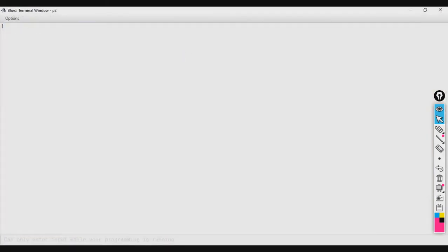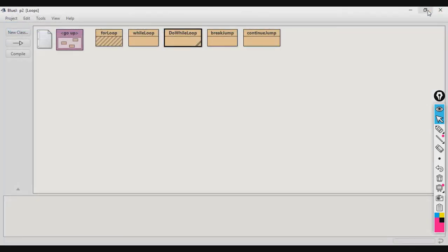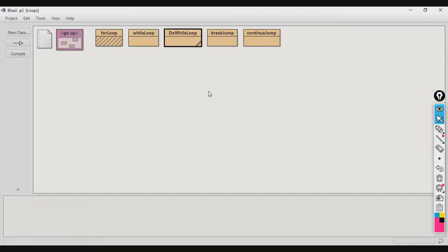As you can see, 1 is getting printed. The loop has executed only once. So this is do while loop, and in this case also you cannot leave the condition part blank. You must have a condition here. So this is do while.